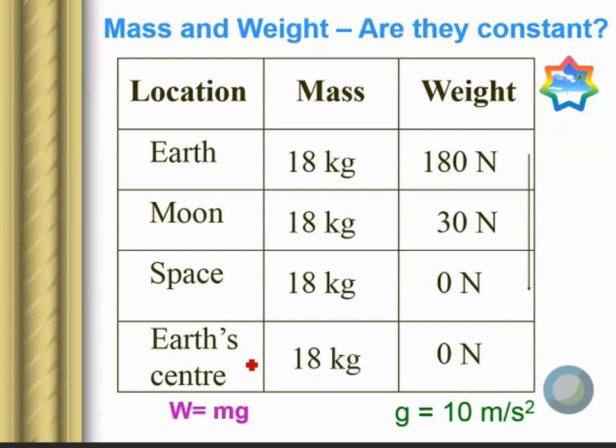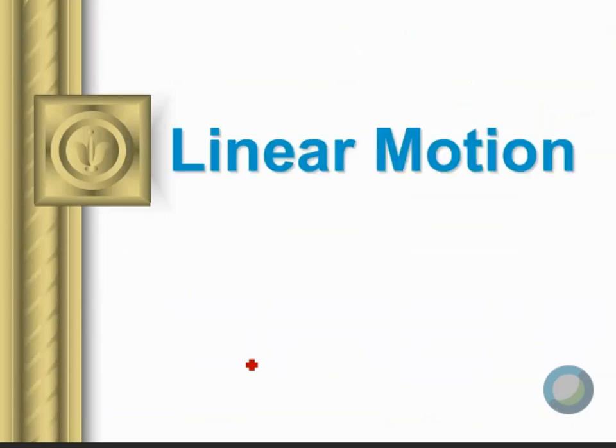Our calculation should be done on the basis of W equals mg. So from here we can understand that mass remains constant all the time, while weight can be variable, even it can be 0, if there is no unbalanced force, like in space. If we go for the next one,